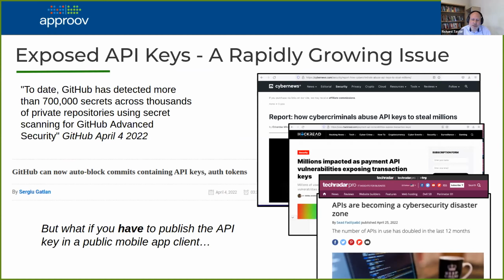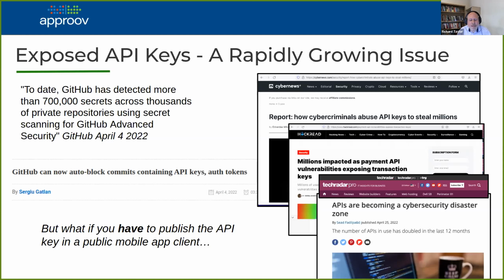And in the last couple of years, we've seen more and more tools that enable you to find API keys that you might have accidentally put in source code. And there are various other secret management capabilities out there that allow you basically to separate secrets so that they're not stored in your source code. Essentially, you need to keep them separate. Use some kind of secret manager to keep them separate from source code itself, so the source code isn't a leak. But the problem is, in the case of mobile apps,